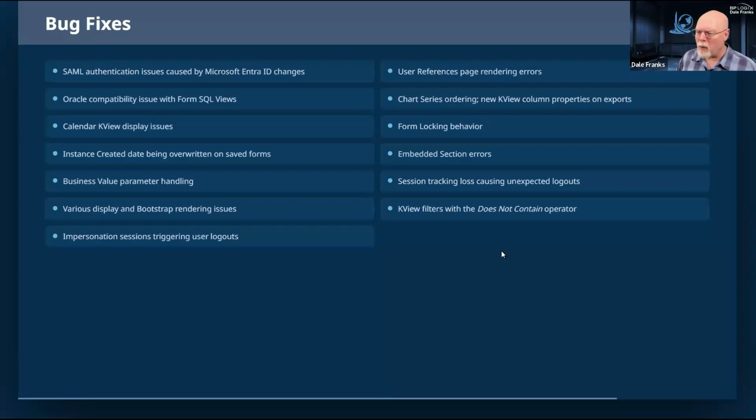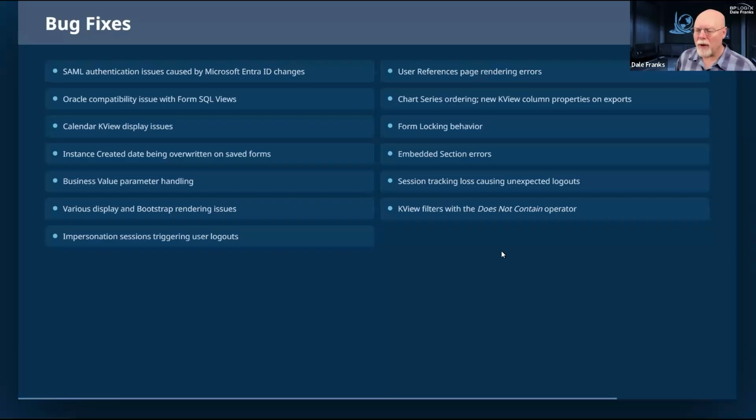A super weird one with embedded section errors where sometimes if you change the name, it would show up as two controls with the same name, one marked for deletion and one not. There was just something wonky happening I'd never seen before, but we figured out what it was and fixed that. Session tracking loss, Process Director kind of forgetting who you are and forcing you to log out.